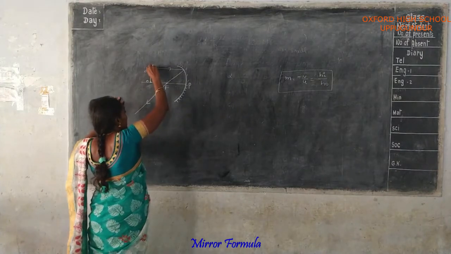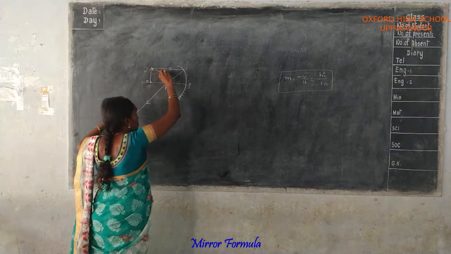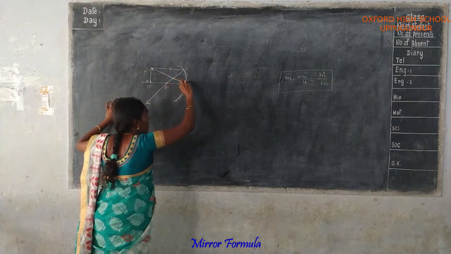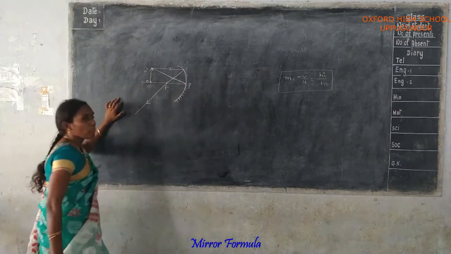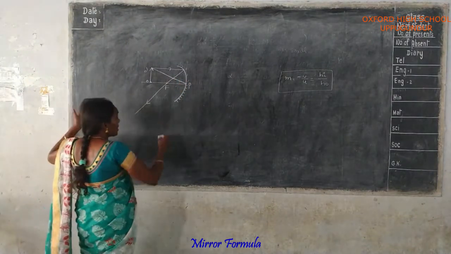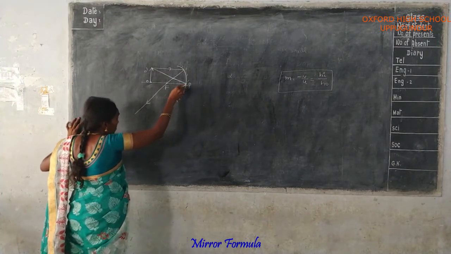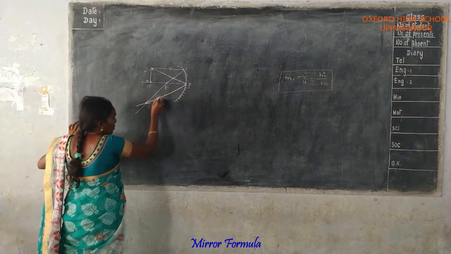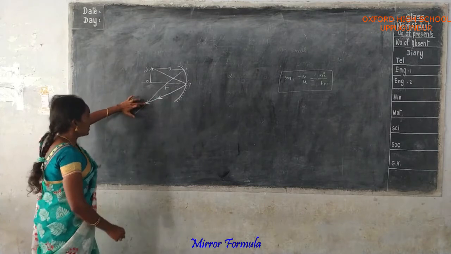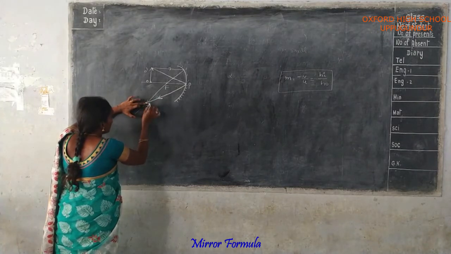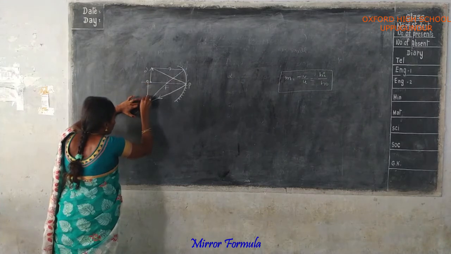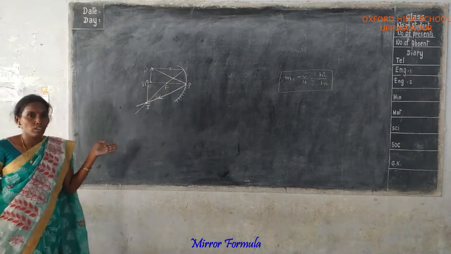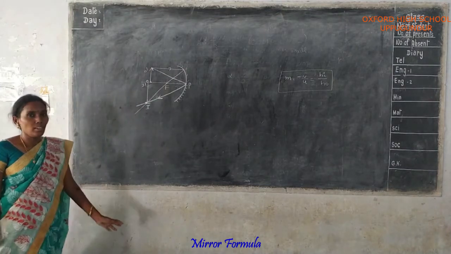The second light ray makes a certain angle with the principal axis at a point P. P means pole. The reflected ray will make the same angle with the principal axis at the pole. This is also a reflected ray. The two reflected rays meet at a point that gives the image. Here this indicates image height I dash. O dash represents the object height, I dash represents the image height.